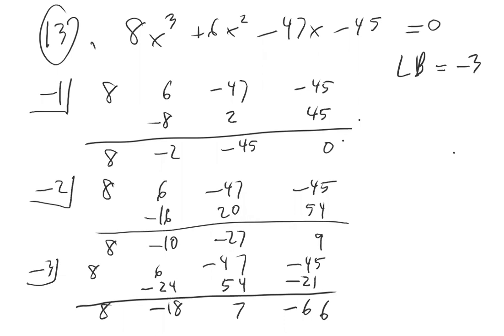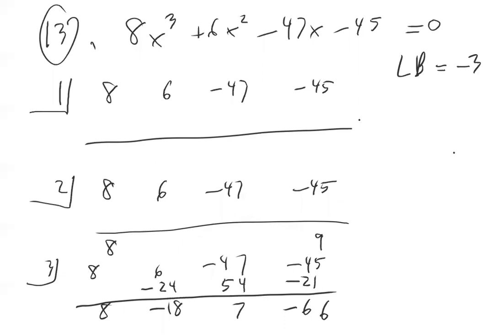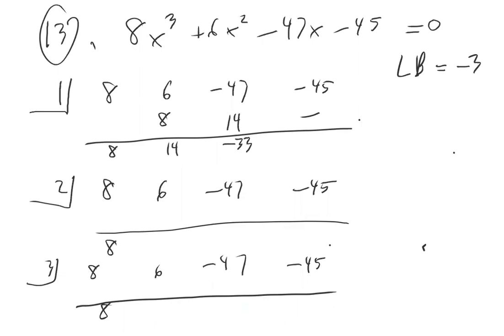Now, let's try some positive numbers. So let's try +1, +2, and +3. If I try +1, let me erase these numbers. So if we try +1, we can bring down the 8. 8 times 1 is 8. 6 plus 8 is 14. 14 times 1, and then that would be -40, -33, -33,